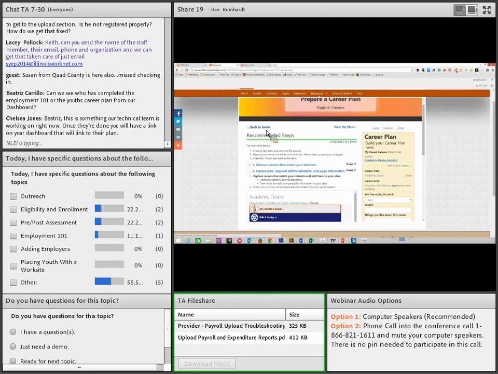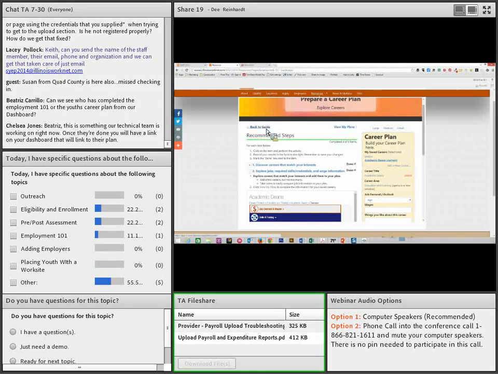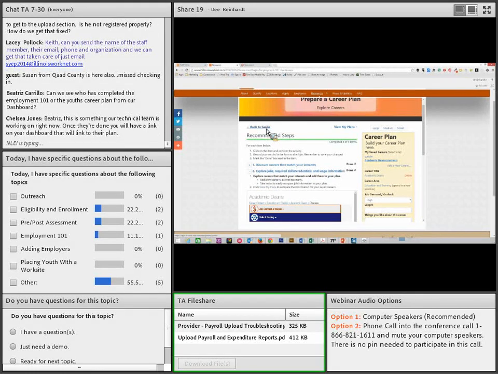I'm going to put together some information about the changes that we've made to the employment plan. So you can look for that and keep posted on the enhancements that we're making to the